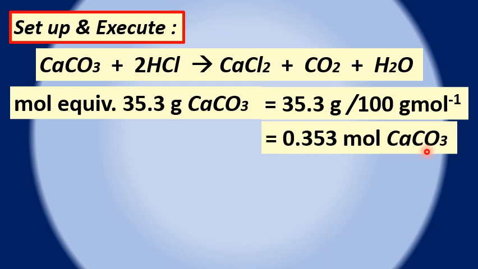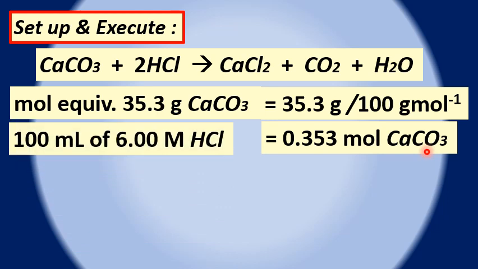Now, the given molarity concentration of the hydrochloric acid is 100 ml, with a molarity of 6.00 molar. So we can determine the equivalent number of moles of hydrochloric acid,